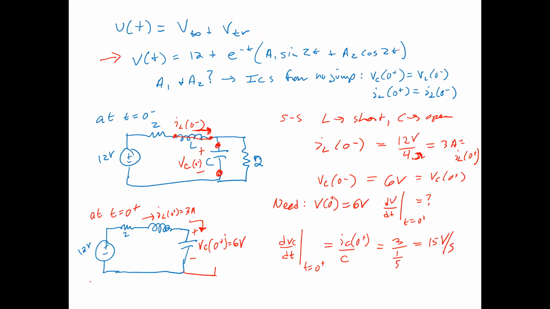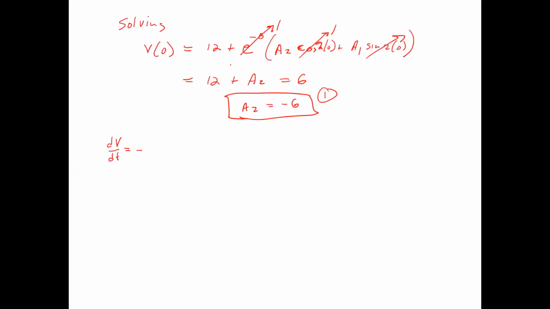It's a sum of two sinusoids, and because there's an exponential multiplying it, we have to do the exponential times the derivative of the sinusoids plus the sinusoids times the derivative of the exponential. So it becomes kind of long and messy. It's going to be minus e to the minus t, the derivative of the exponential, times the two sinusoids, A1 sine 2t, plus, now we know A2 is minus 6, minus 6 cosine of 2t,